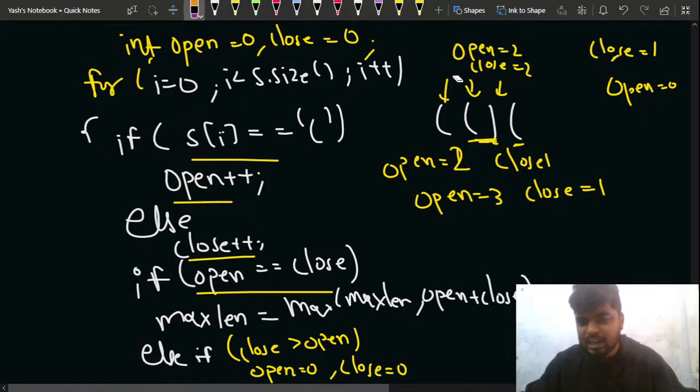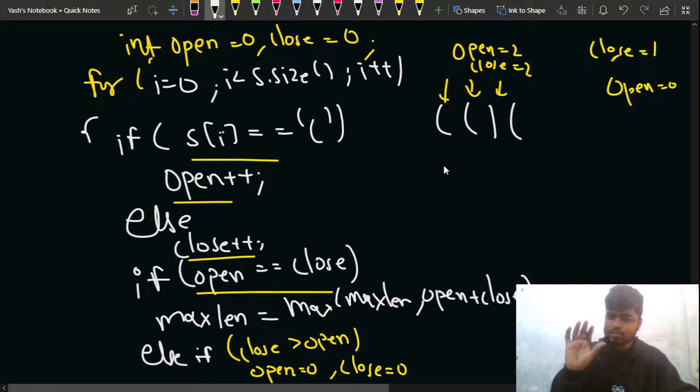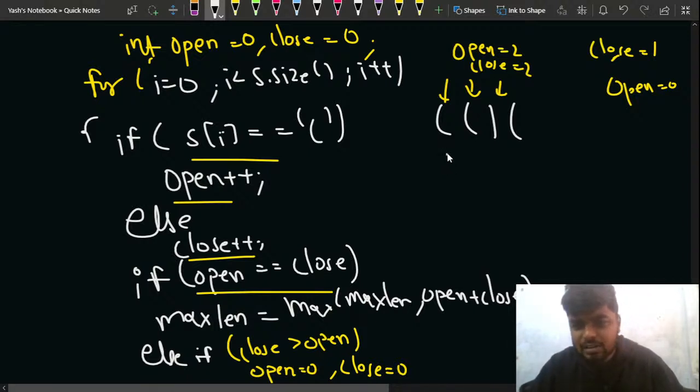So what I'll do is instead of starting from here, I can also start from the back. I can also check from the back, because I should check from the back as well. Why should I do so? The sole reason for doing that will be because let's say that you start from the back, right? Let's say you are looking at it from the back. So in this case, what will happen?